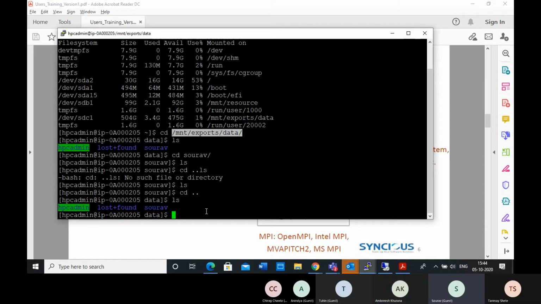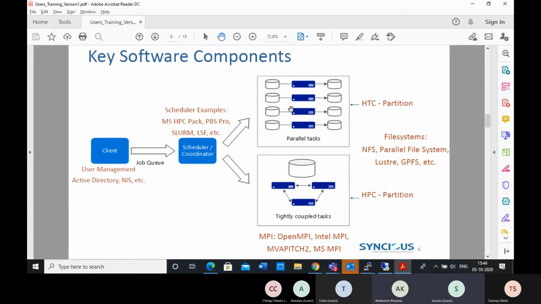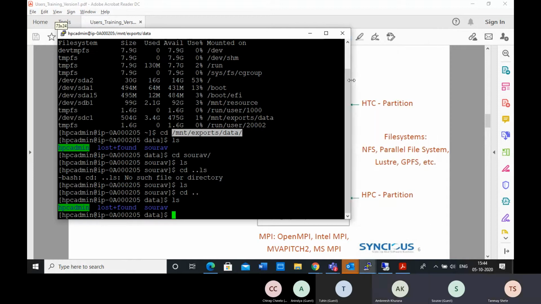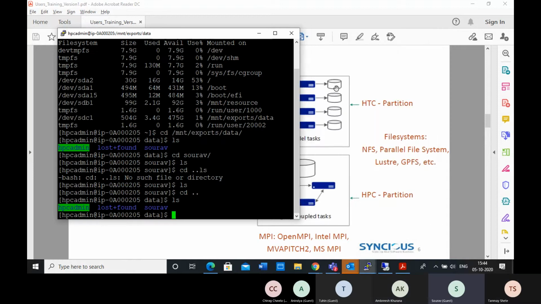There may be usage cases where putting your output during runtime may be more beneficial than sending it to MNT exports data. However, as soon as that run finishes and the virtual machine is automatically killed, this is an auto scale concept that he will come to later, that storage will vanish and you cannot get that back again. So this is the place where you need to keep the data that you want to keep.